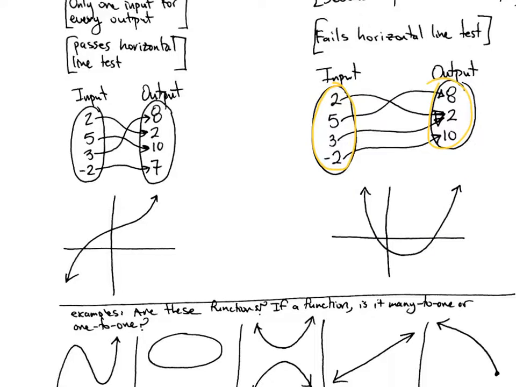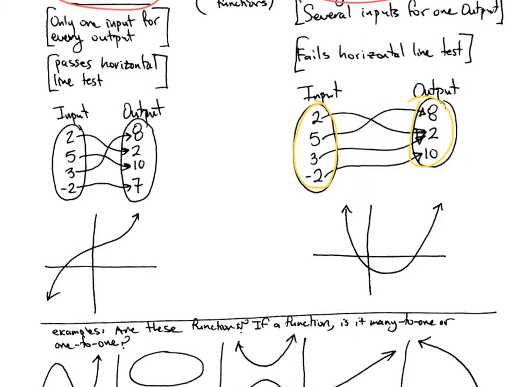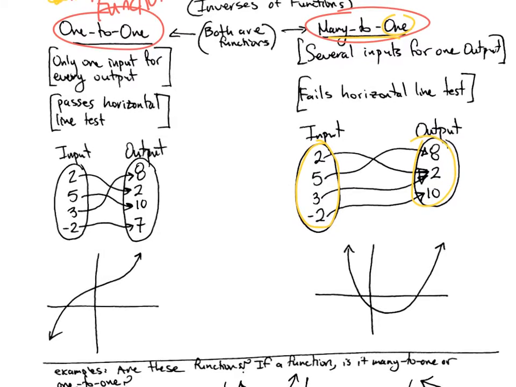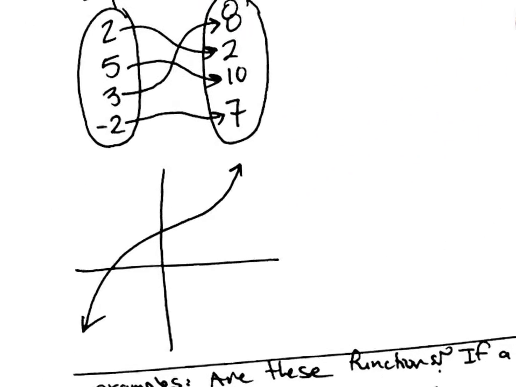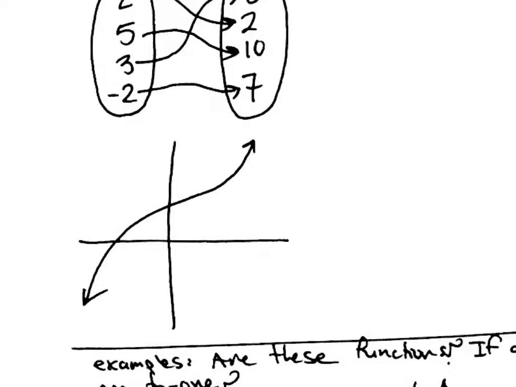Examples of graphs. So this passes the horizontal line test. This does not pass the horizontal line test. Okay, and I think we have examples. So here's an example. So practical. Like, what are we talking about? So if we talk about you